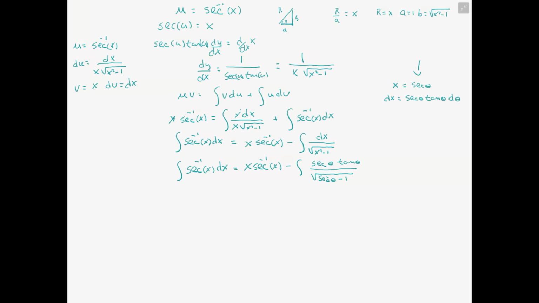Now what we have here is secant theta tan theta over the square root of secant squared theta minus 1. That's secant squared. And we know that from the